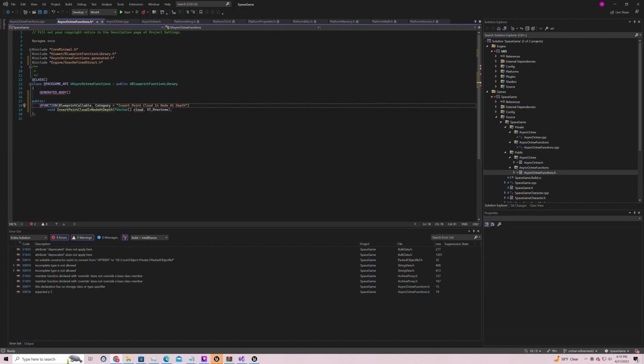Yeah, it's static. So once it's static, then we need to give the string value.